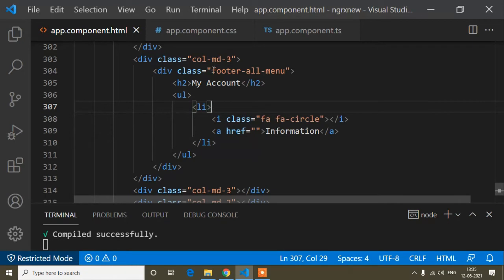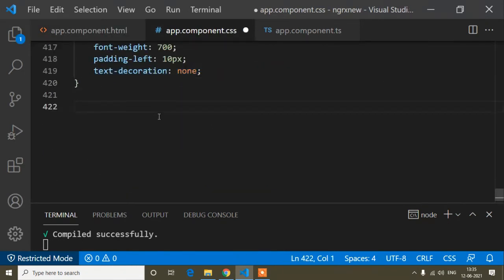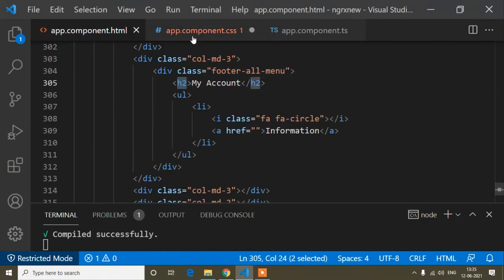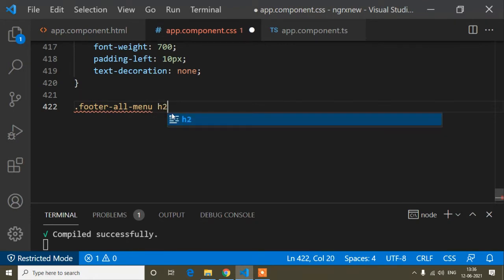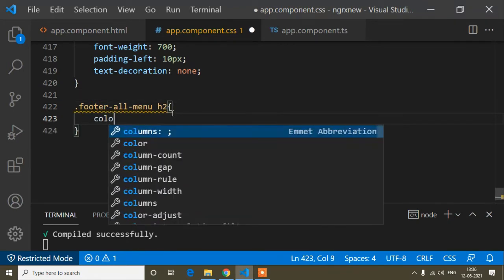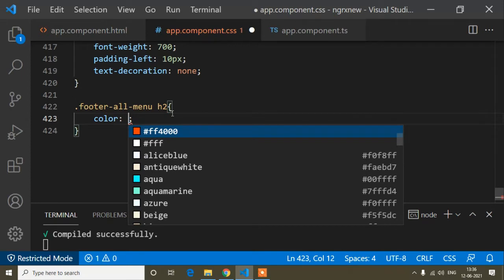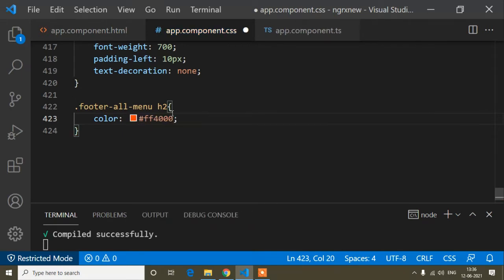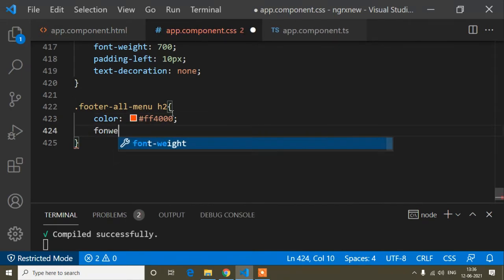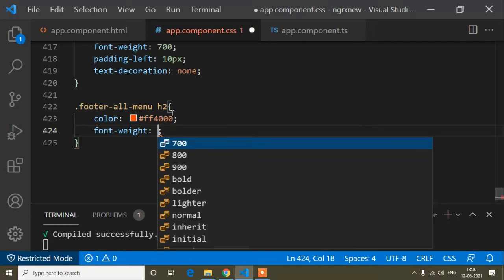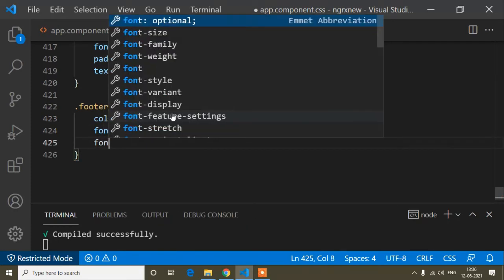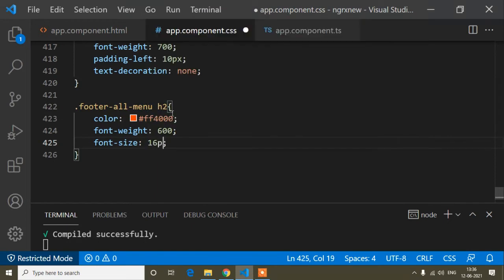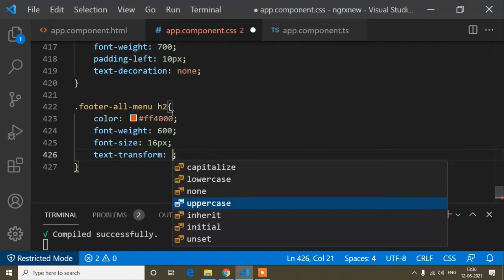So I will copy this footer all menu. So this one I will copy and paste here, and I will add the design for this h2 tag first of all. So here I will write the h2 tag, and first of all I will change the color to this color code, and the font weight is 600, and font size is 16 pixel, and text transform, all the things I have already discussed.